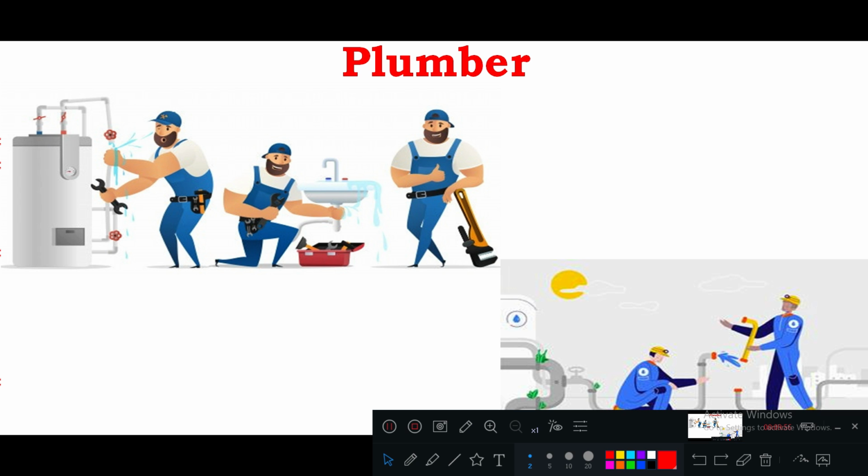Okay, and here the plumbing tasks require the ability to assemble, install, maintain and repair pipes, right? If something gets damaged with respect to pipes, then these plumbers will come and fix it with their experience and skills. Not only the repairing of pipes, but also fittings, fixtures, and appliances for heating water, storm and sanitary drainage systems, according to the specifications and plumbing codes. So they have certain codes and specifications, and by using those codes they carry out the work, such that